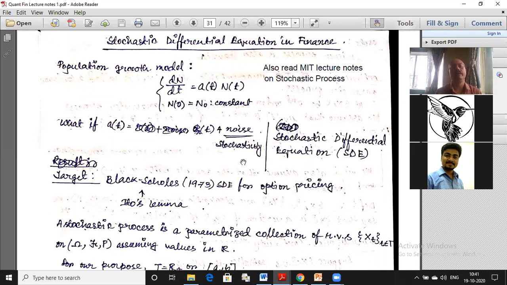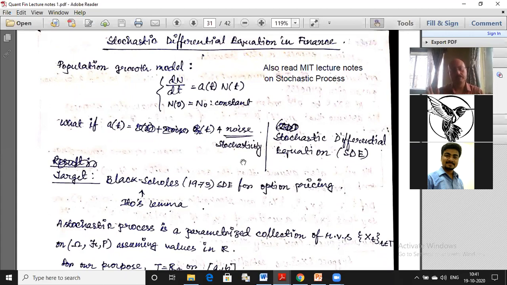Of course, over time, the model has been expanded. It has been extended to cover many other cases, many more generalities. We will discuss some of them after we understand the basic model. But the backbone of this whole literature is the Black-Scholes option pricing model, which is again dependent on Ito's lemma. So for us, it will be first very important to understand what is the background that leads to the